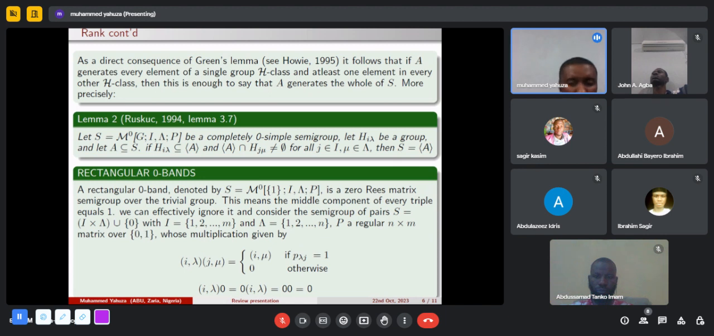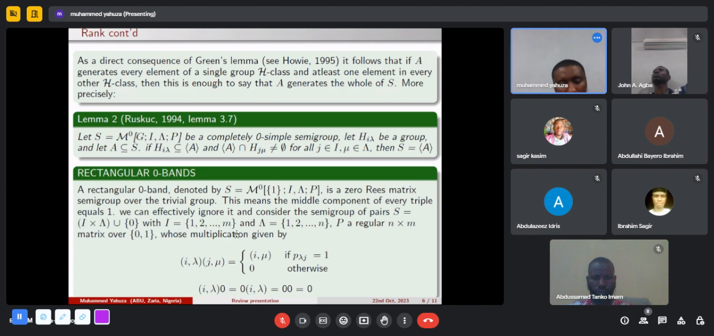Because you can see the group here is the trivial group, which consists of just 1 as the only element. So if you check back, we'll see that this semigroup has I cross G cross Λ. Here our G consists of only one element, so every middle element will be equal to 1. Therefore, we can effectively ignore it and consider the semigroup of the pair S equals I × Λ union 0,